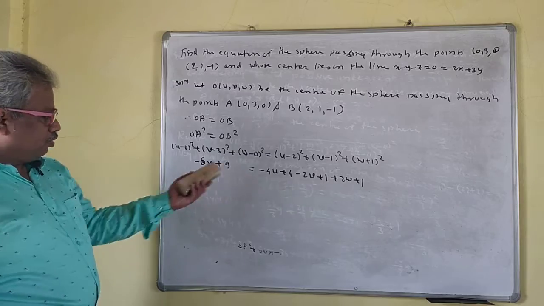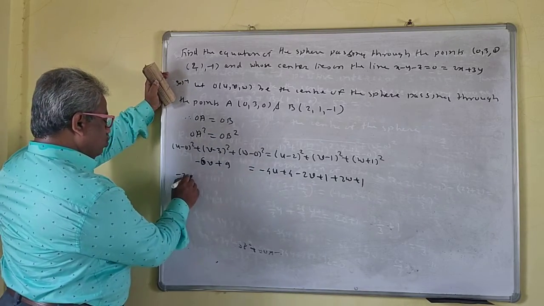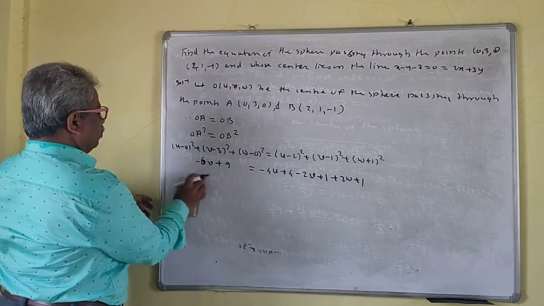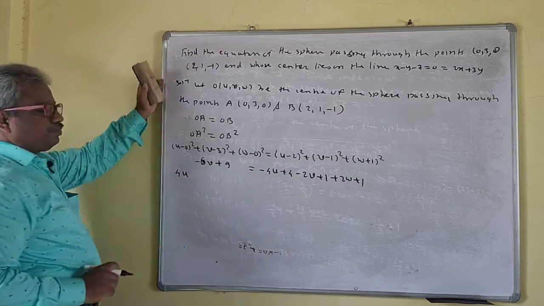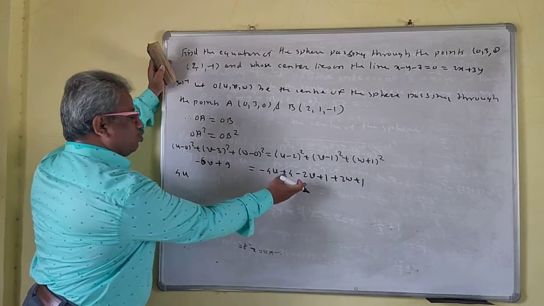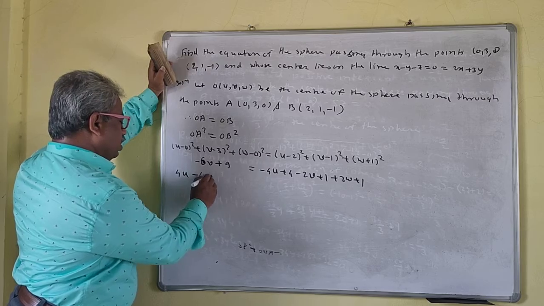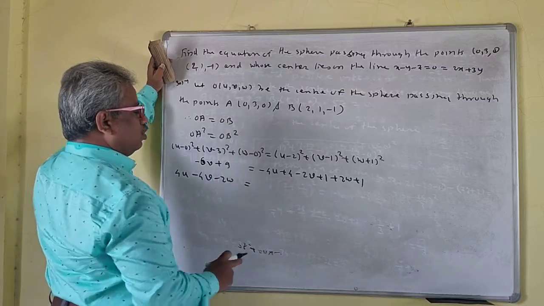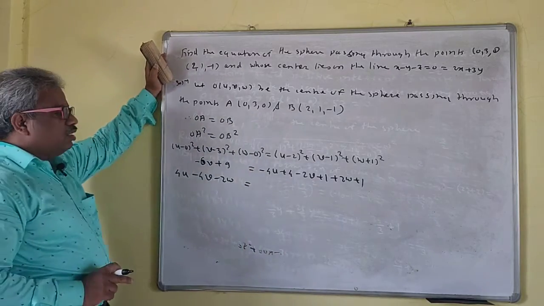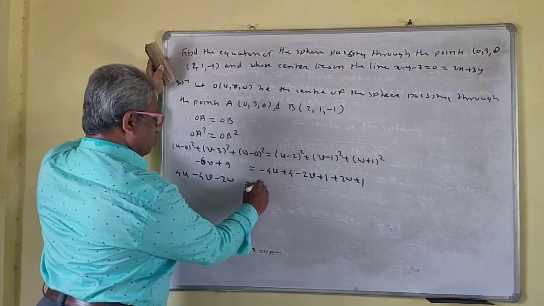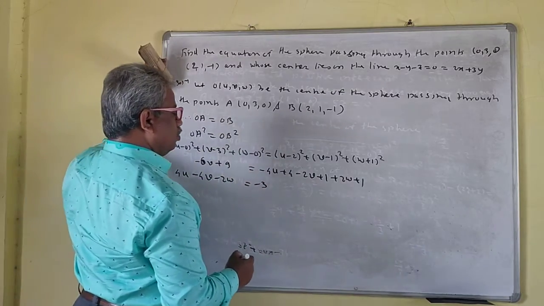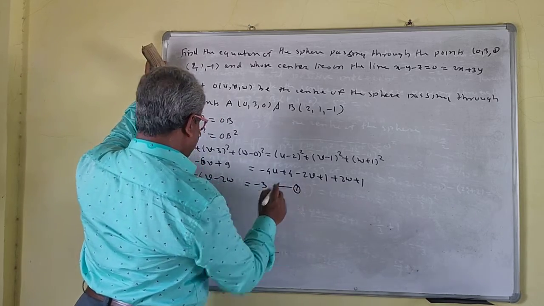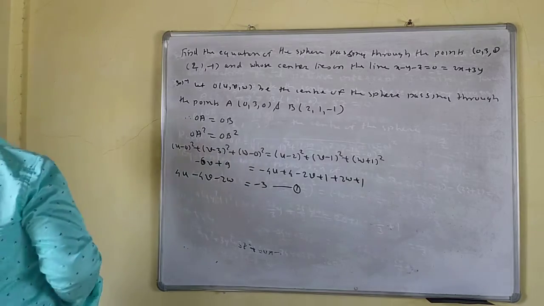So I will shift u, v, w to this side. There is no u on the left, so 4u is here. Then minus 6v and minus twice v gives minus 4v, minus twice w is equal to 6 and 9, so this is minus 3. 9 is there. Okay, I will call this equation 1.